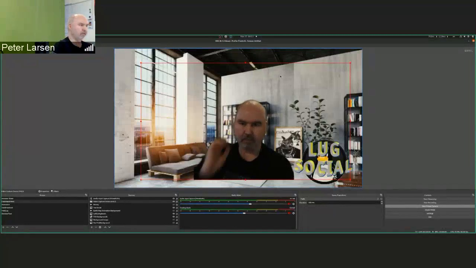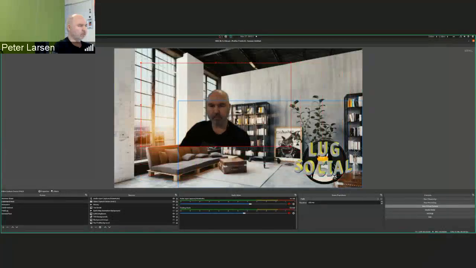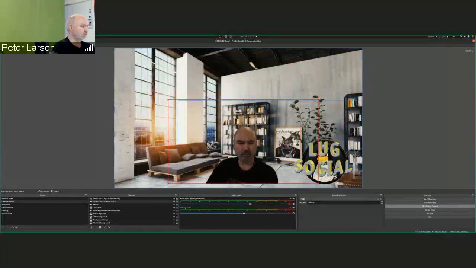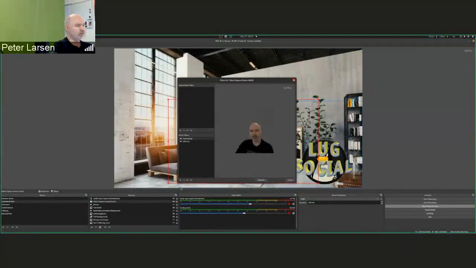And that's because of the filtering being applied. And I'll go into that in a moment. So let me make it a little smaller again and go in here. So again, that was the properties. That's telling it where to get the camera from. To make it green screen, we have to apply a filter. So we click on the filter button,